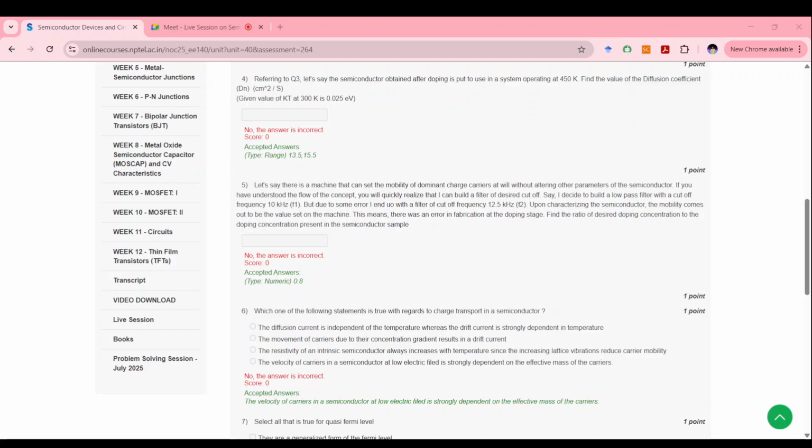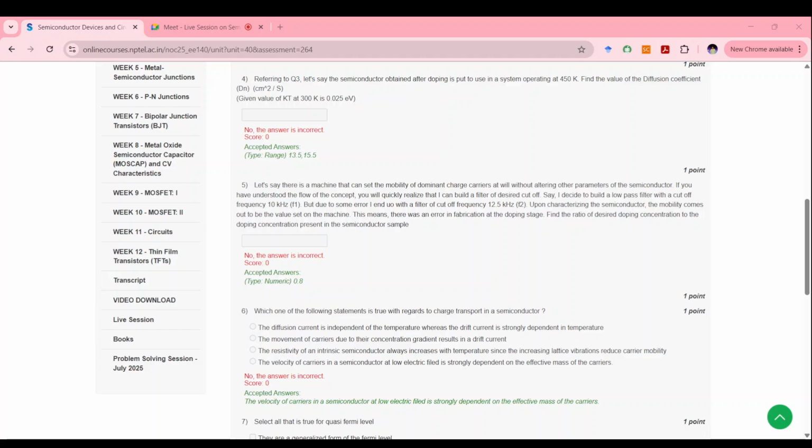So now what we have to do is, say I decided to build a low pass filter, LPF, with a cutoff frequency of 10 kilohertz. So the cutoff frequency is 10 kilohertz,